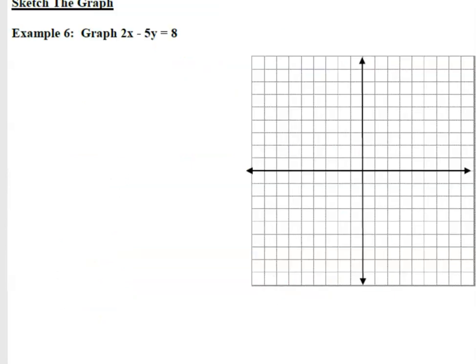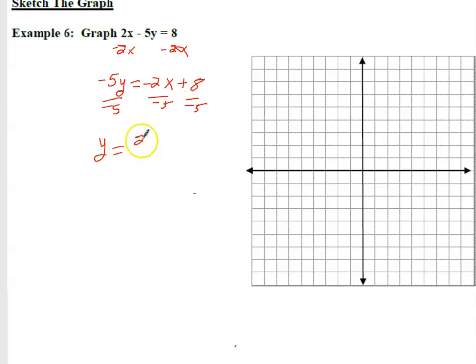Moving on, it says graph the equation 2x minus 5y equals 8. I think probably the best way to do this is solve this for y, put it in slope-intercept form. So I'm going to subtract 2x on both sides. So negative 5y equals negative 2x plus 8. Divide both sides of the equation by negative 5 to get y by itself. So y equals 2/5 x minus